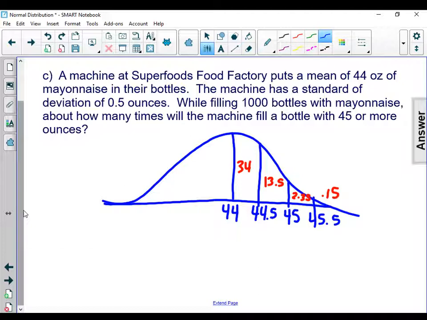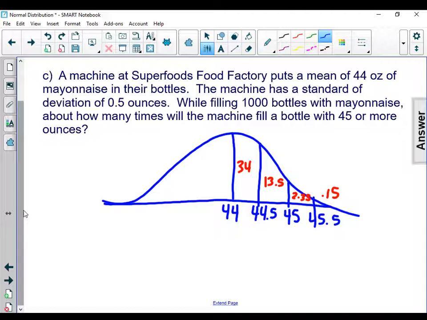So unless the problem says construct or draw or whatever a normal distribution curve, if it says that as a part of the question, then you need to do all of it, okay? But if they don't ask you to, as a part of the question, to actually draw one out, or that it looks like it's going to be a part of what's graded,